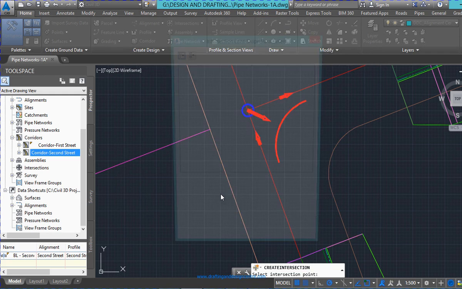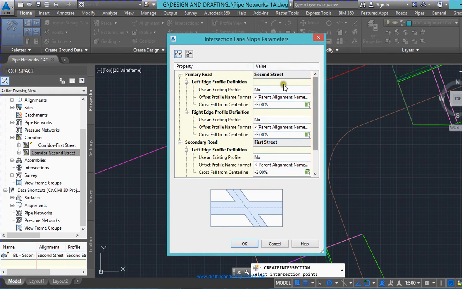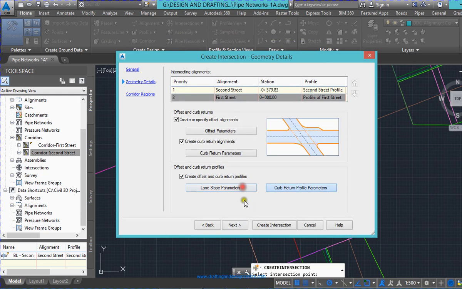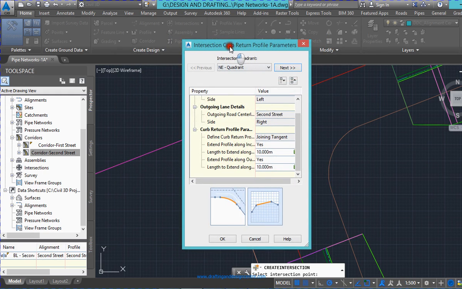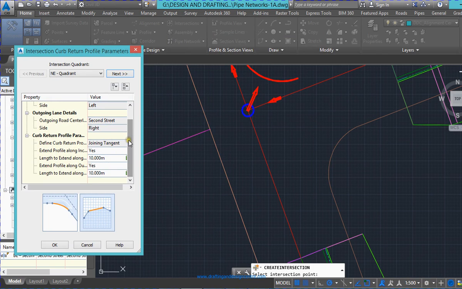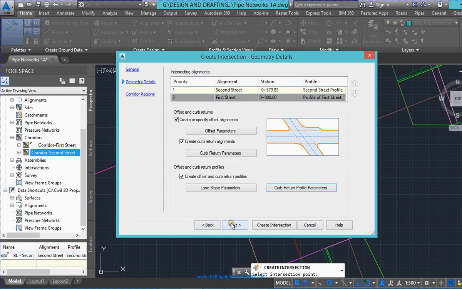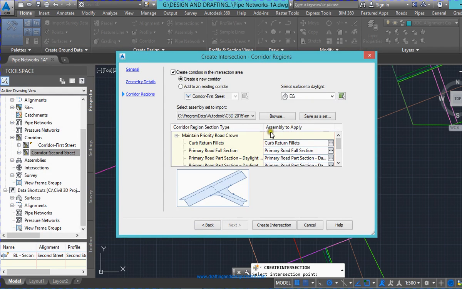Lane slope parameter, which is a 3% cross fall everywhere, so I'm not changing it right now. And the curb return profile, which you can see here is this one. How long you want to extend it, which is 10 meter by default. I'm happy with this default setting. Okay. Next,